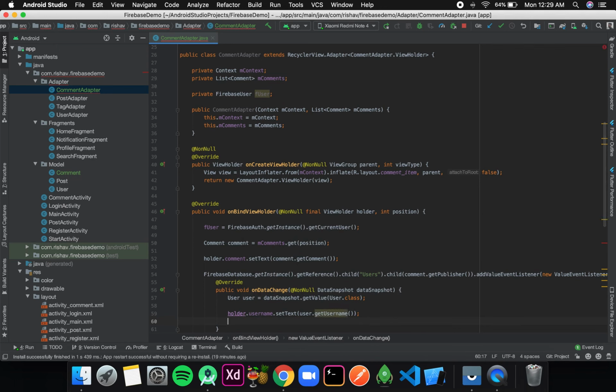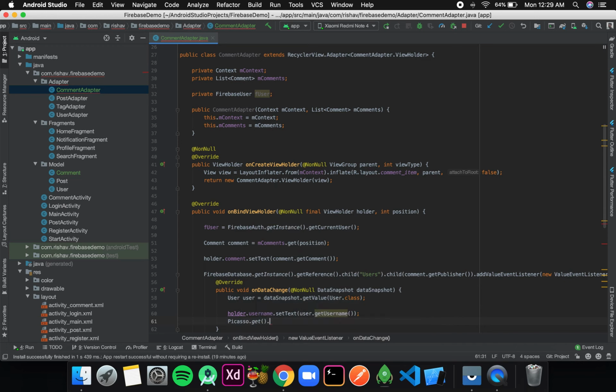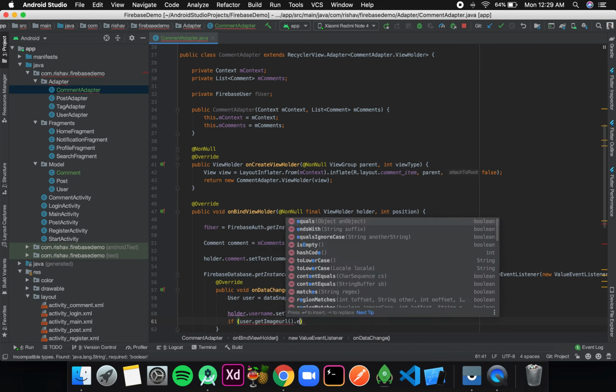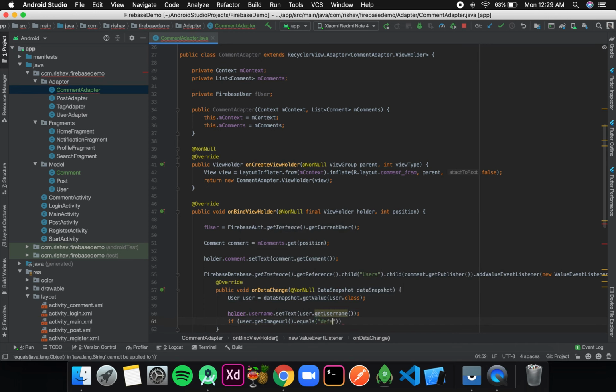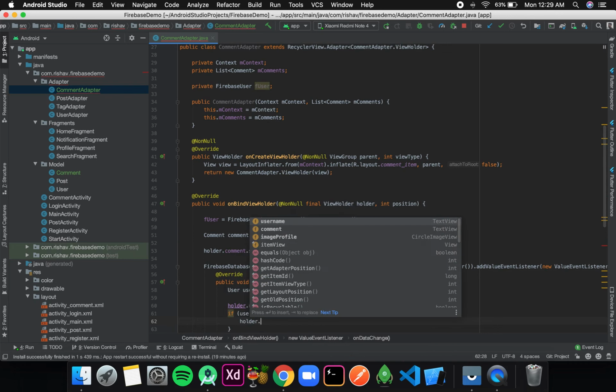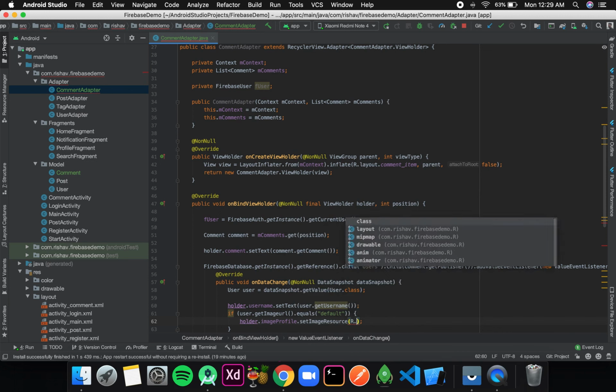Okay, similarly for the image I'll write Picasso.get().load. Before that I need to check if a proper image URL exists or not. So for that I'll write if user.getImageurl().equals("default"), then we can simply write holder.imageProfile.setImageResource(R.mipmap.ic_launcher).